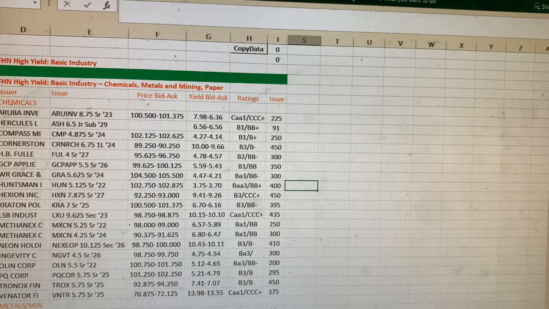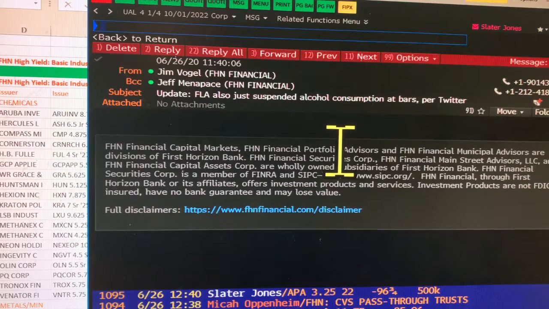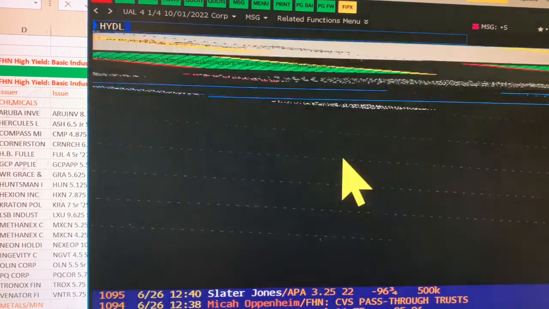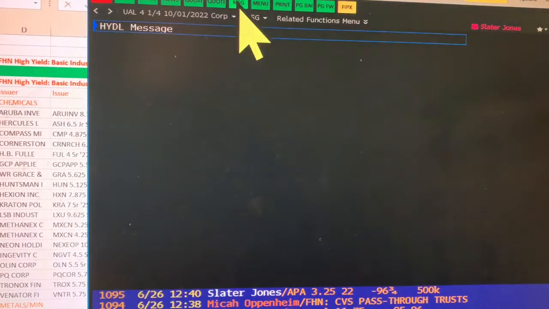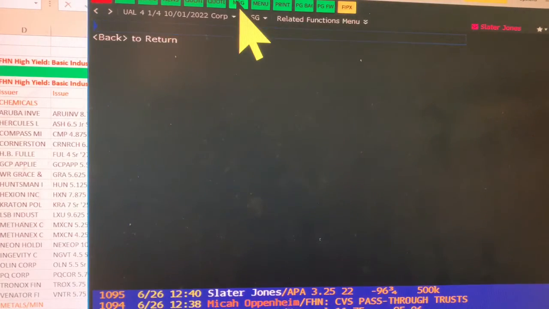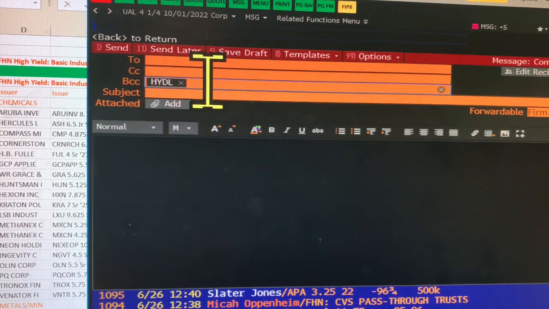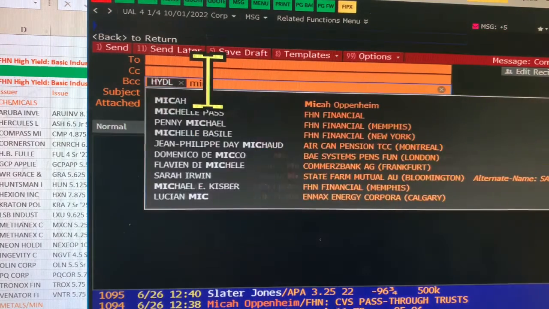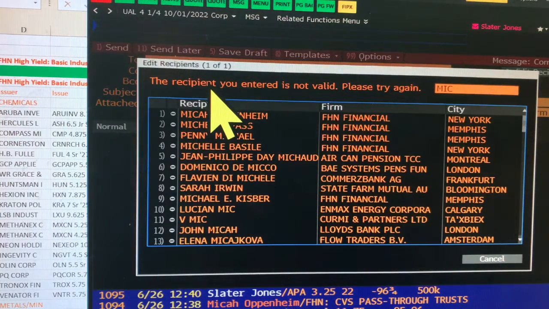Okay, so now we opened up quote sheet. The Bloomberg data is populated. Now we're ready to go to Bloomberg and create this thing. I'm going to send you a mailing list called HYDL message. So I type HYDL message. It creates a message with this distribution list. Then I'm going to add the 4 traders to my distribution. Micah,